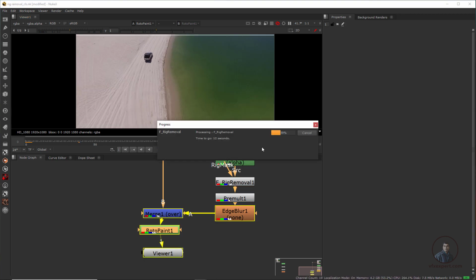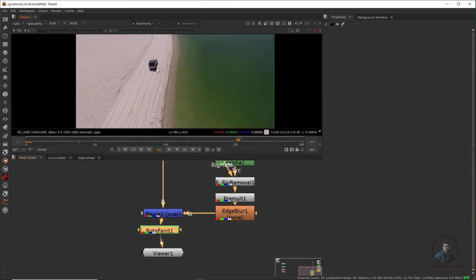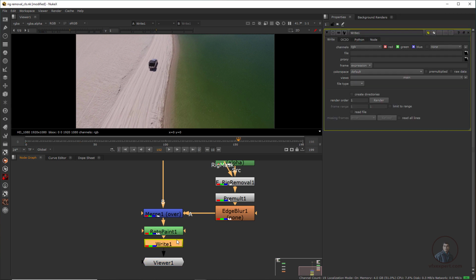And suppose if this is looking good, then after this if you want you can render this output from Nuke. Then again you can import this one, then you can start the removal of the second object, because if you directly use the second furnace rig removal for the second one, maybe this will be a little bit heavy. So you can first render this output. For this you can connect a write node after this roto paint node. Simply press W, then in file we can define our locations, all these things, then finally we can render all frames. So here guys, I have already rendered it.